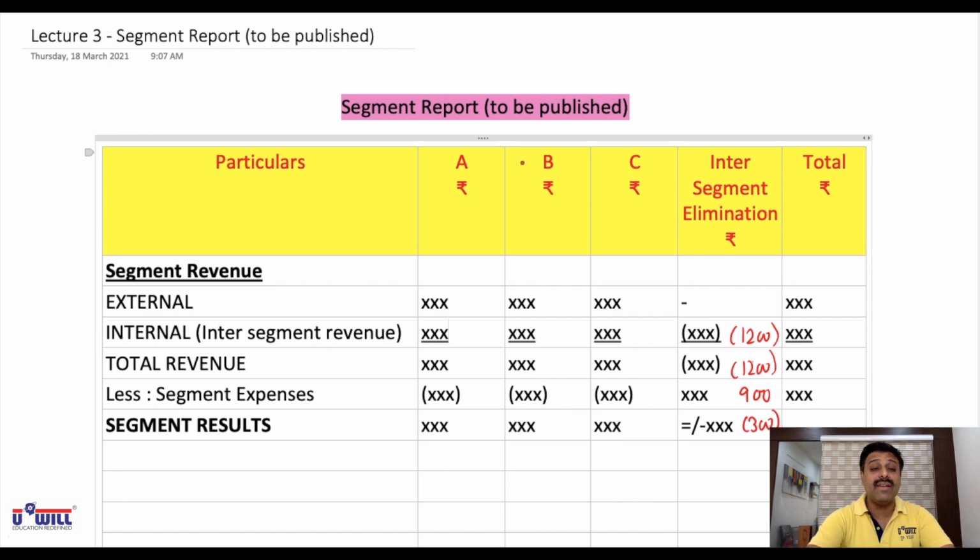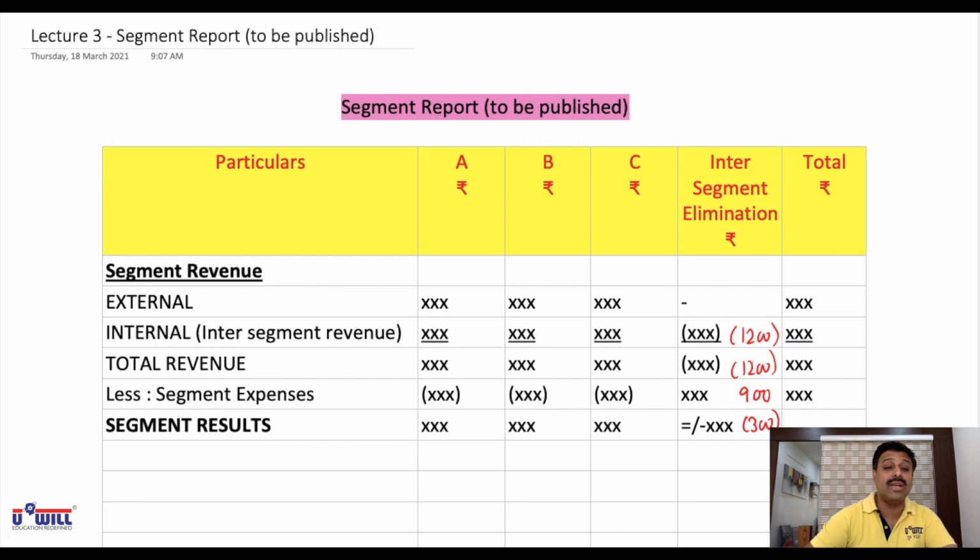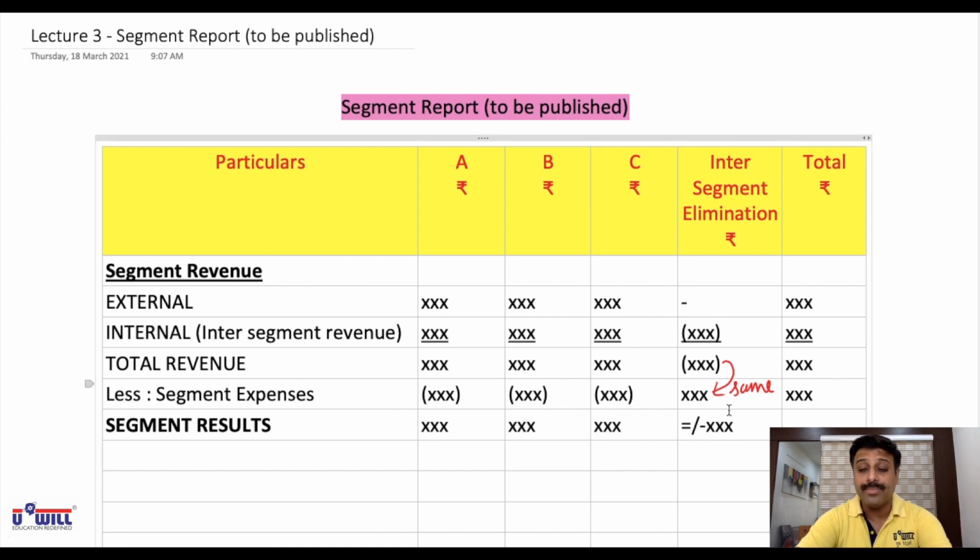So in short, you can have any amounts. Keep it in mind, you can have positive, you can have negative. But if no information is given, I repeat, if no information is given, then we assume that the goods are sent at cost only. So in revenue, what amount you minus, the same amount you add over here. Okay, this is the logic. And then again, you'll get three amounts over here. So this is how we have to calculate the segment results.